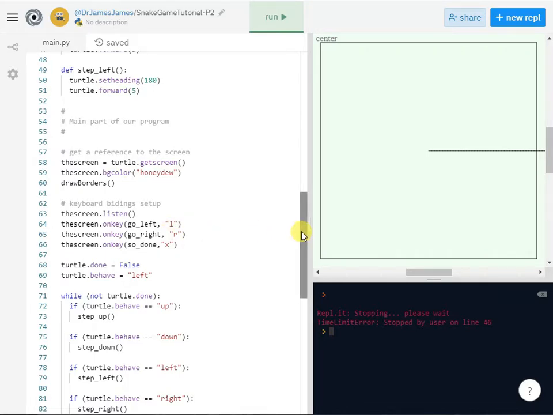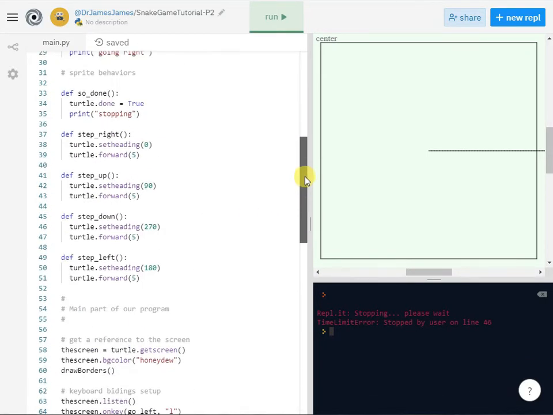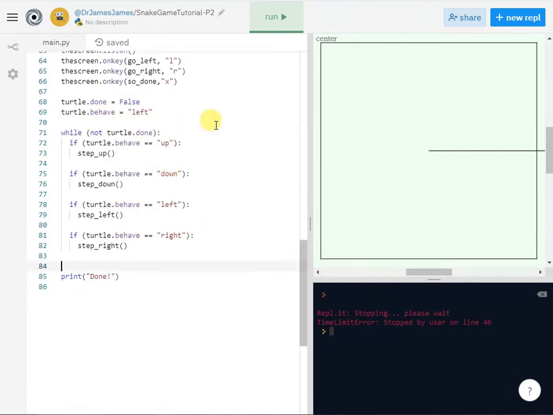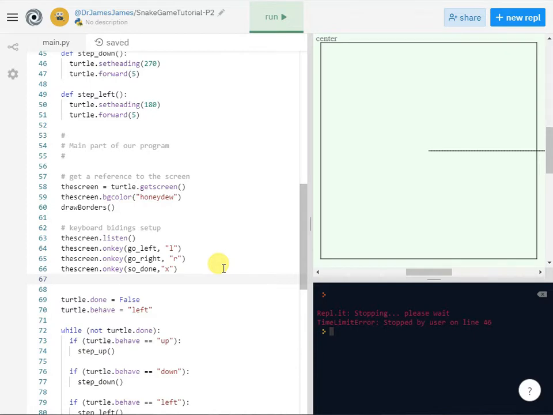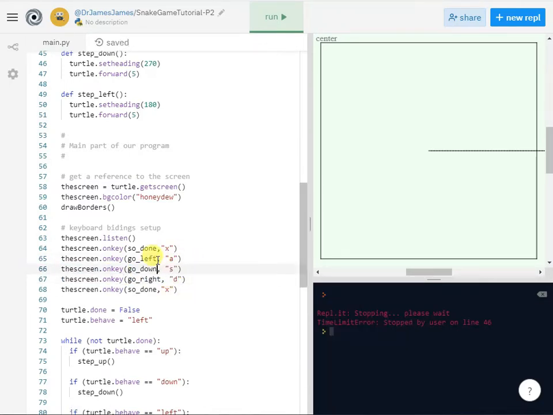So we need to add in the possible keyboard commands to change the direction of movement. And so the traditional direction keys are W, A, S, and D. All right, so now what these are doing is to set up the bindings associating the keys with